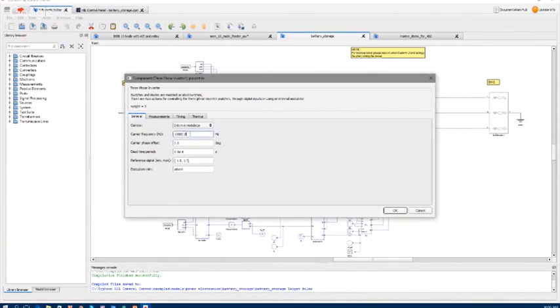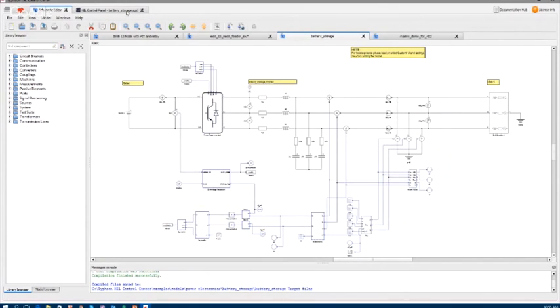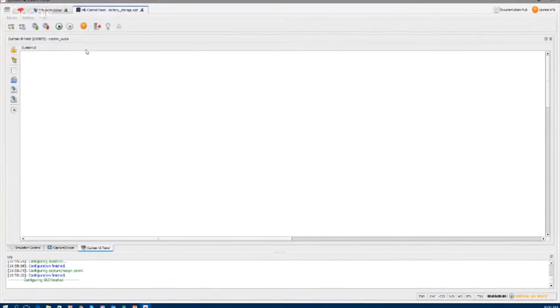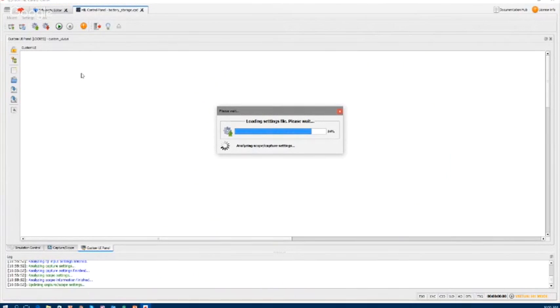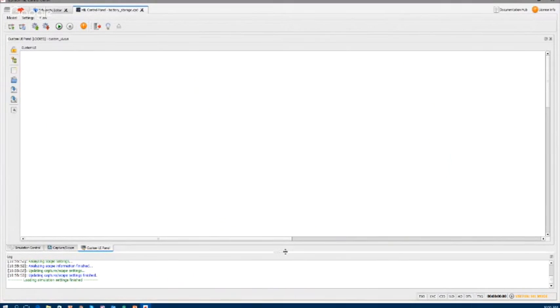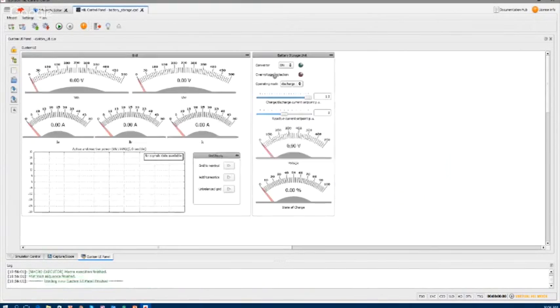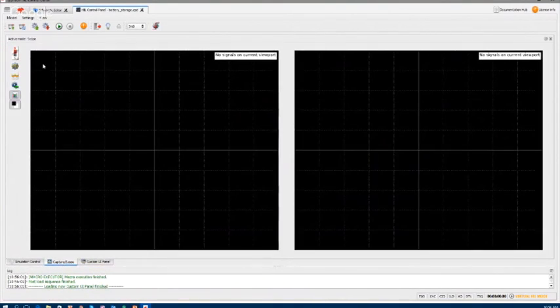And the switching frequency for this converter is going to be 10 kilohertz. This is one of the examples that come with the installation of the software, so you can run it yourself. I'm just going to open the custom UI, meaning the interface file that you can also design yourself.